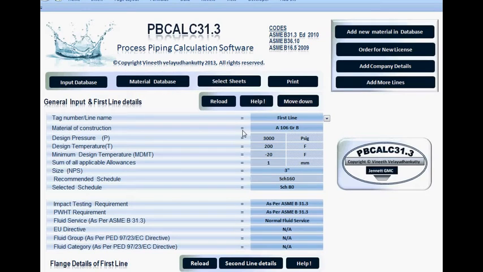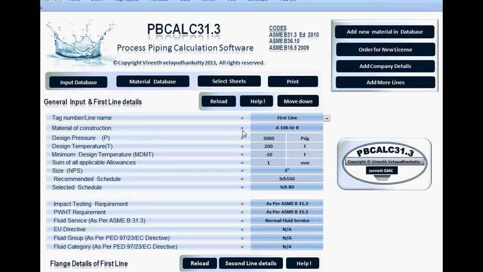This is a PC-based tool for process piping calculation. It is mainly focused to increase the efficiency of design engineers by saving time. It is capable of calculating up to 30 lines simultaneously and getting the complete calculation report with cover sheet and index sheet within seconds. It generates all record calculations as per ASME B31.3 and ASME B16.5.